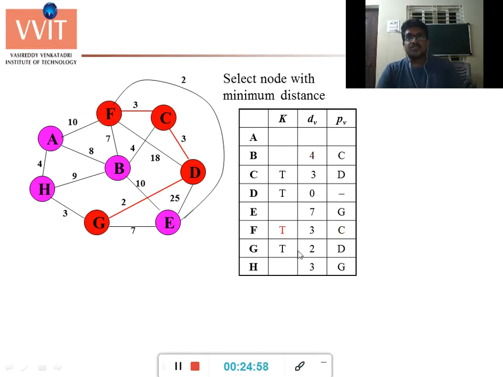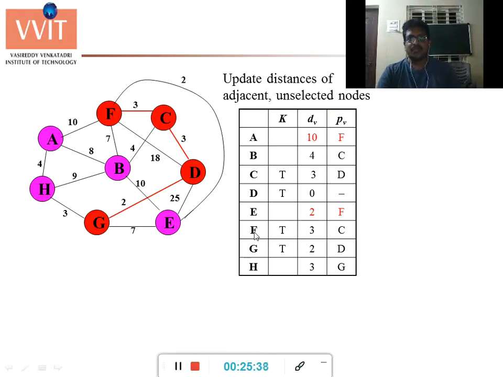So there is one more edge, F to C. So we can pick F to C also, or H to G. So F to C costs 3. So I have taken F to C. Then after taking F to C, I have updated this one. So then I will get these values. So from F we have an edge to B and to D and to A, and see here this is an edge from F to E. Now I have updated this table.